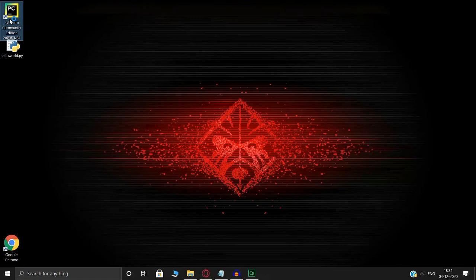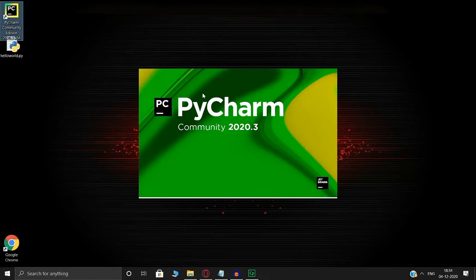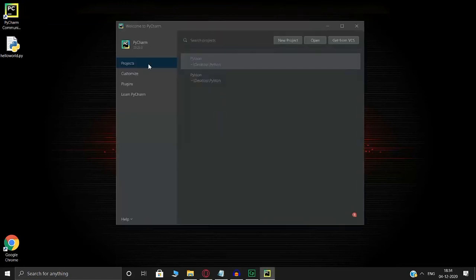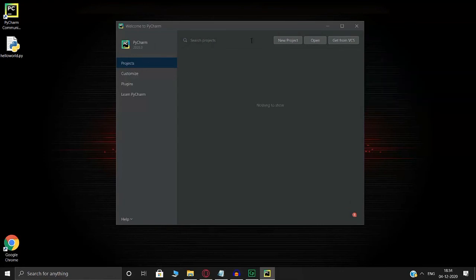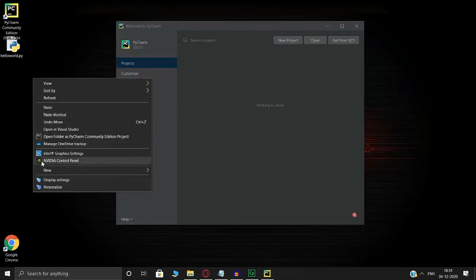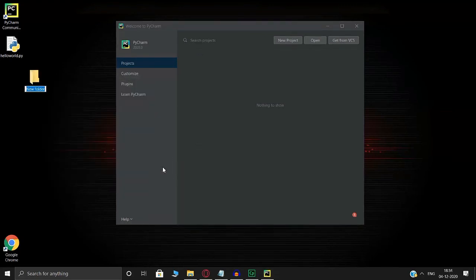So when you start the IDE, if you're completely new, then these also wouldn't show up. It would be completely empty, and you'll basically be just seeing these three buttons actually: new project, open, and get from VCS. So what this basically means is you're just trying to create a new project. So a new project is nothing other than a folder which consists of Python files. So we'll create a folder here and we'll name it Python course.